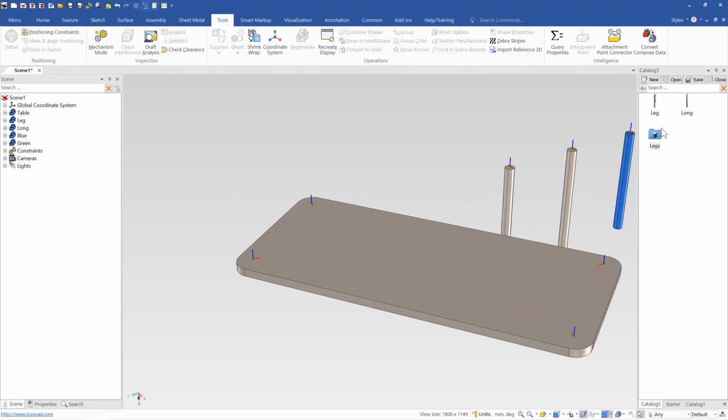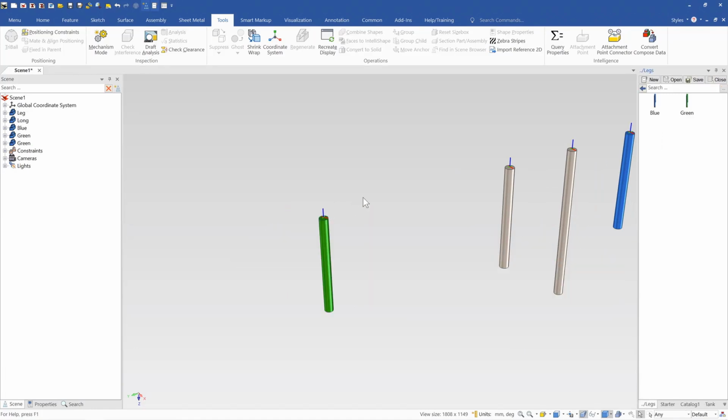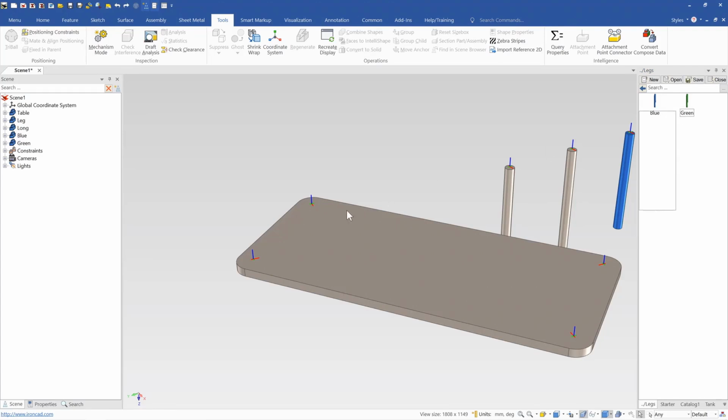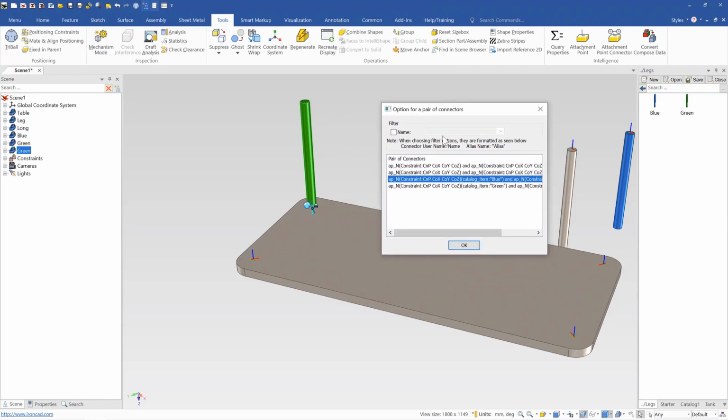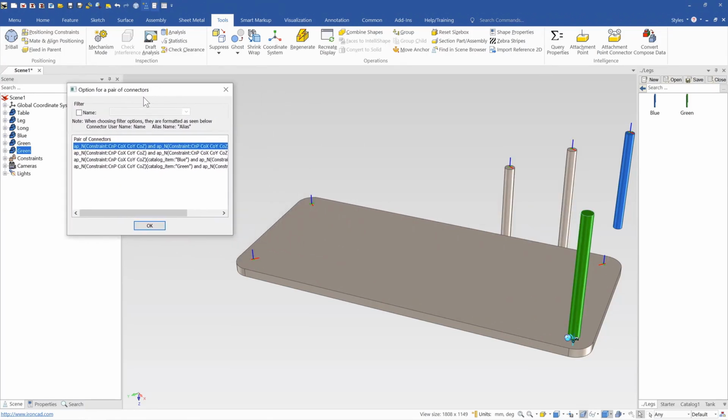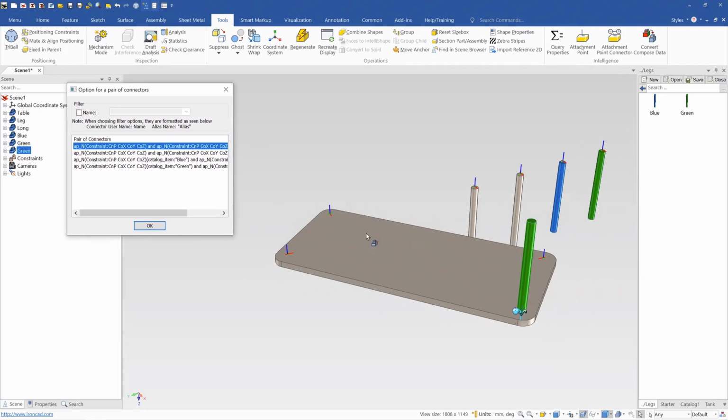So let's say I drag and drop out the green leg here, but this time, oops, I didn't mean to replace my model. This time I right click drag. Now you can see I'll get all these options. I can connect to all the different points. I can now select the different points I can connect it to. So this is useful because if we have something really complex, we may want to control where the item goes to